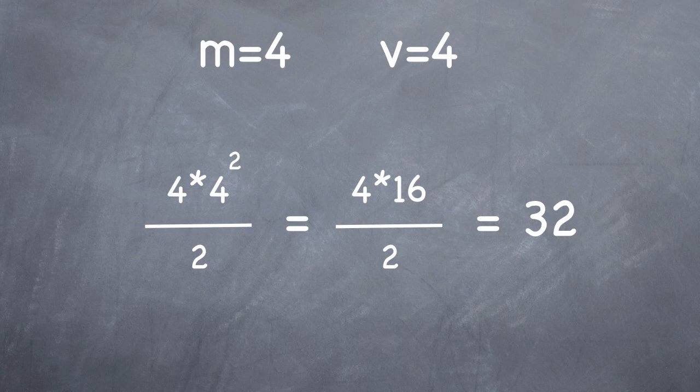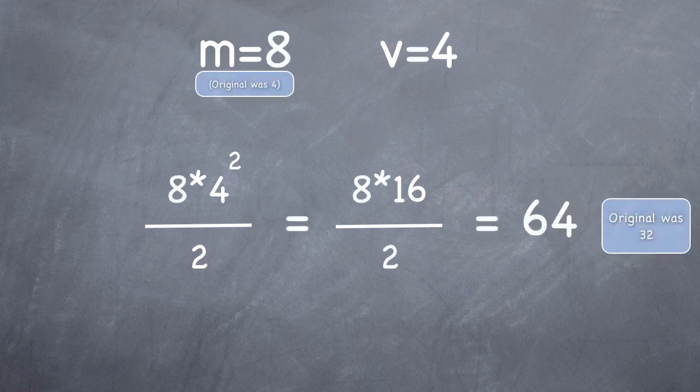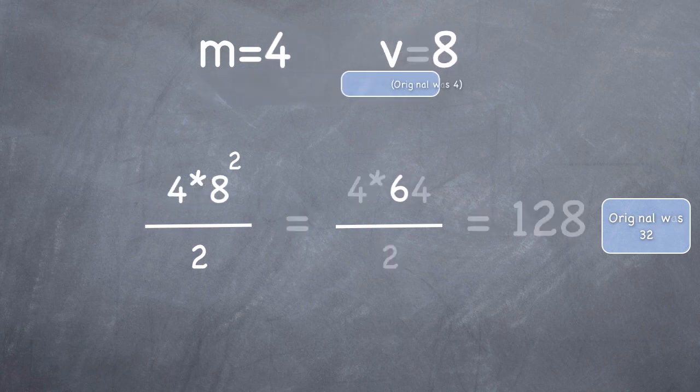We're going to keep this really simple, no units or anything, we're just going to deal with the numbers. If your mass is 4 and your velocity is 4, then your total energy is going to be 32. Now if we take that mass and double it, then our total energy is going to be 64. So in essence, when we double the mass, we double the energy. Now instead, if we doubled the velocity, that changes our energy to 128. So doubling the velocity quadrupled our energy.